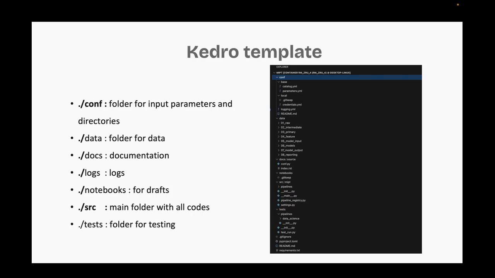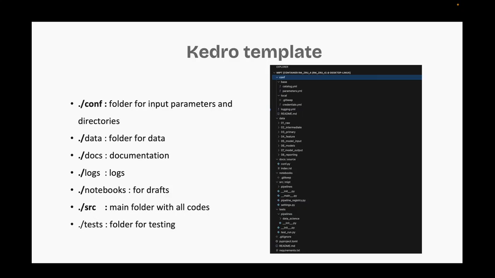mechanisms. The next main folder is SRC, and here is where we keep the entire ML pipeline logic. It contains all script functions and pipeline definitions necessary to execute the model workflow. With this structure, we have a clear, organized framework, ensuring that every model follows a consistent approach from start to finish.